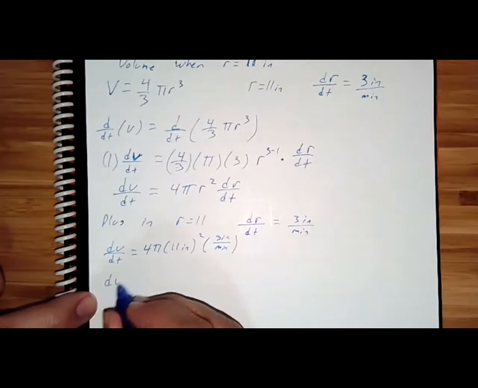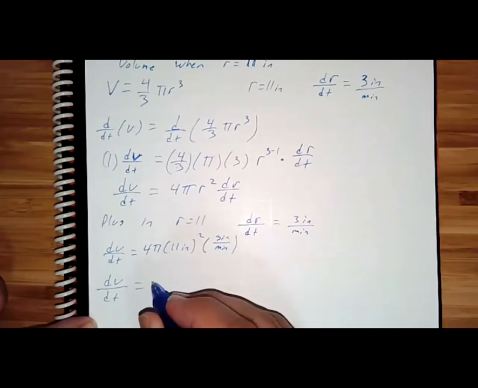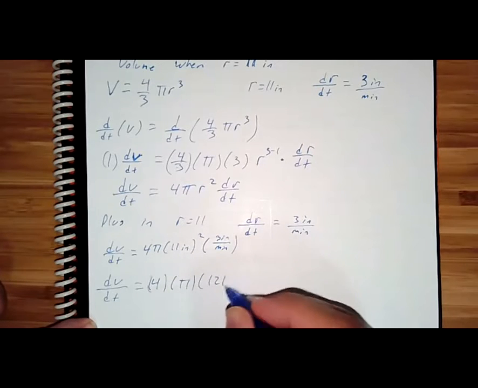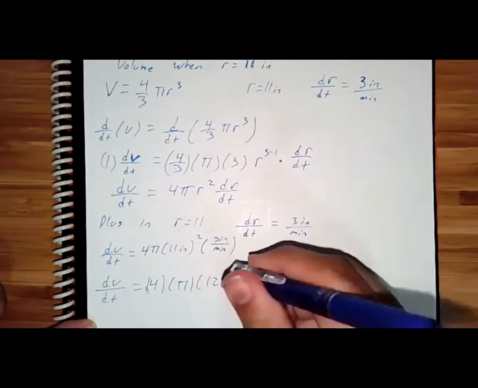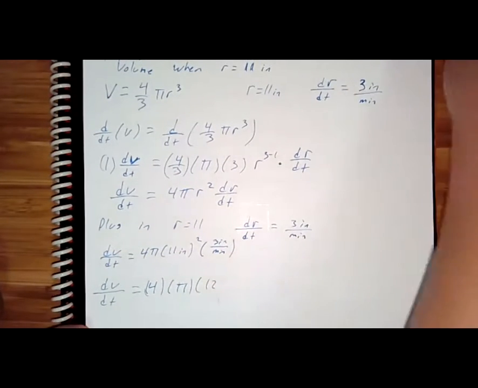So dV/dt will equal 4 times pi times 121 inches squared, and